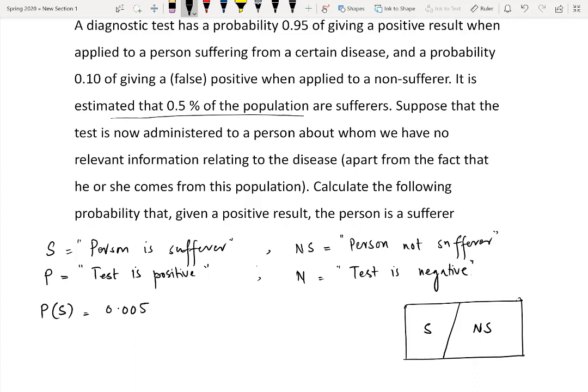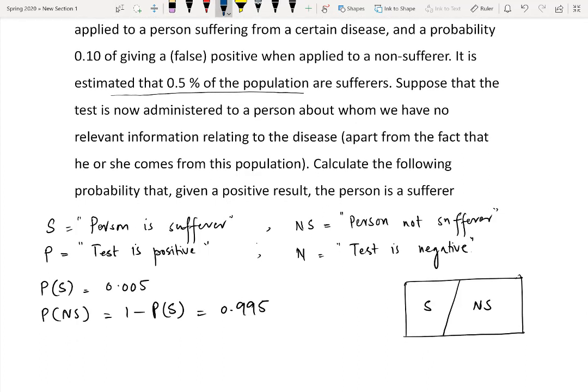It means those two conditions are satisfied. But here, the probability of a person not being a sufferer is not given. Since both of these events constitute the sample space, the probability of NS will be straight away equal to 1 minus the probability of S, and that is 0.995, right? Now these two quantities we have already calculated. Now the next thing is the probability